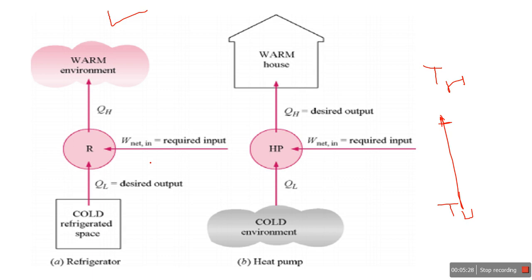If you see the domestic refrigerator in a home, it consumes electricity from the compressor. So to run the refrigerator, to run the heat pump, we need to supply electricity. It consumes electric work. Then it is possible to run, and then it is possible to carry heat from lower to higher.